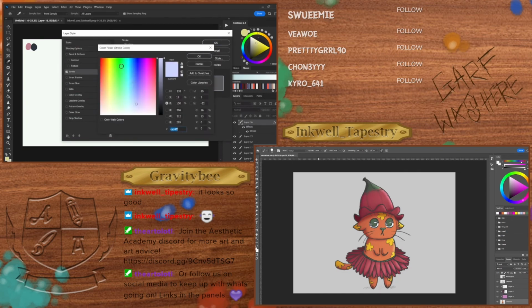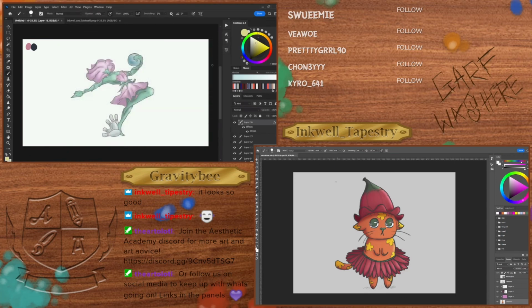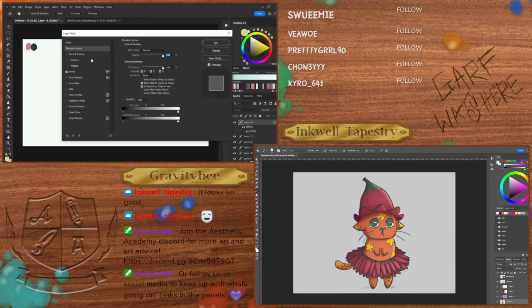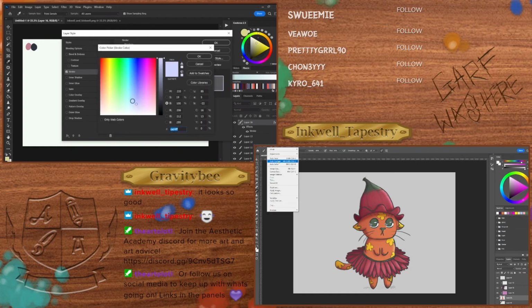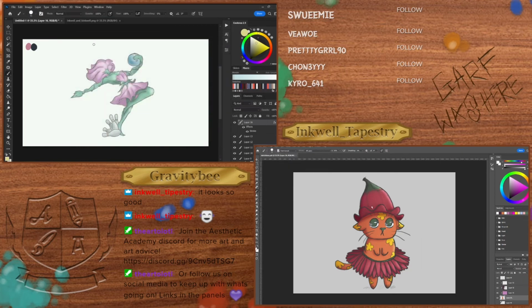On the outside, we gotta do... Yeah, that should do. Oh no. Stroke. Blend mode. Normal. Opacity 100. Let's actually do obnoxious red. There we go.